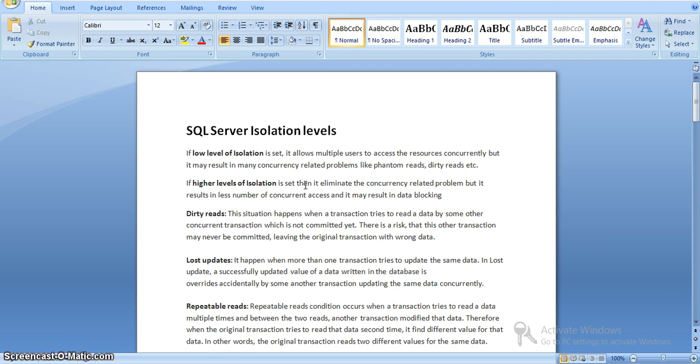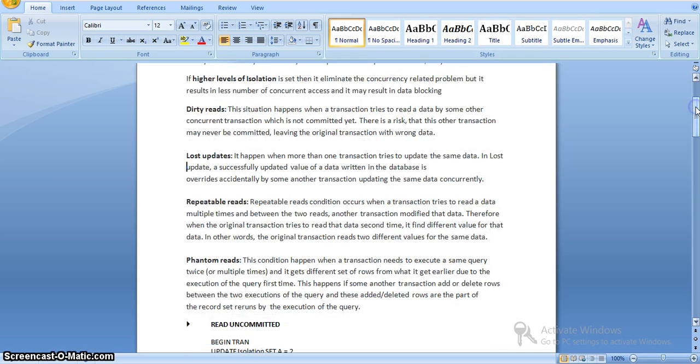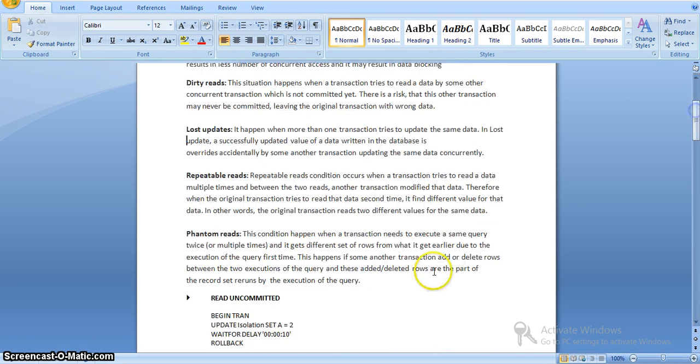And coming to the repeatable reads, it's nothing but when we are reading the data with the same query multiple times in a transaction, if one query returns some data and another query returns different data, then that comes under repeatable reads. Nothing but two continuous reads in one transaction, and some other transaction modifies that existing data. In the second read we may see different data. So to avoid this, we have the repeatable read isolation level.